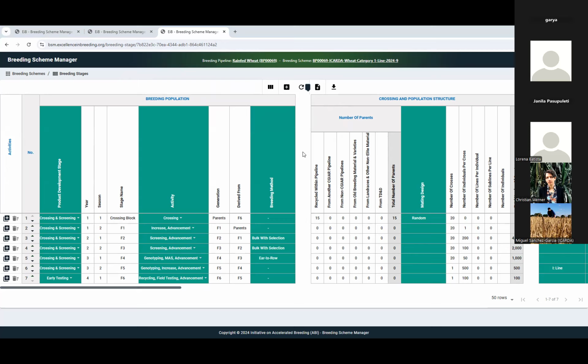Sometimes when we document these things, and Joseph asked how often this will be updated? Joseph, this can be updated whenever you update your breeding scheme. So if you've not made changes to your breeding scheme, then you have not made changes. But if you update your breeding scheme, you'll need to document your new update, and that's why we have the timestamp here. I would like to go to Gary now,